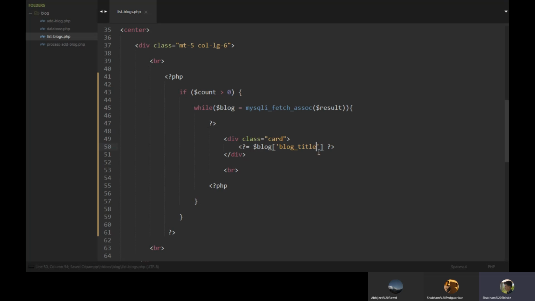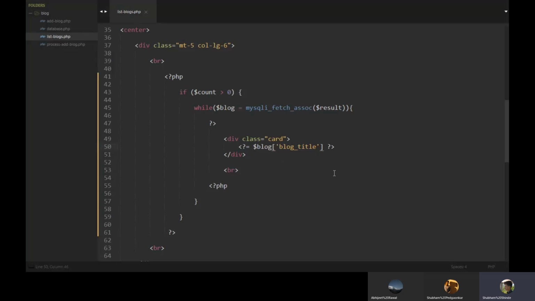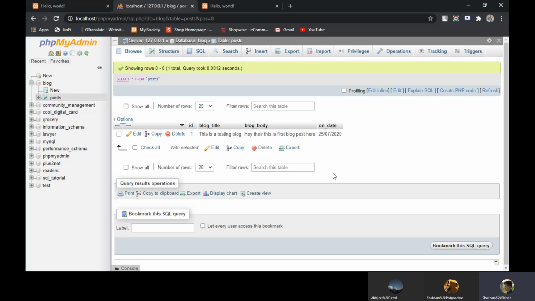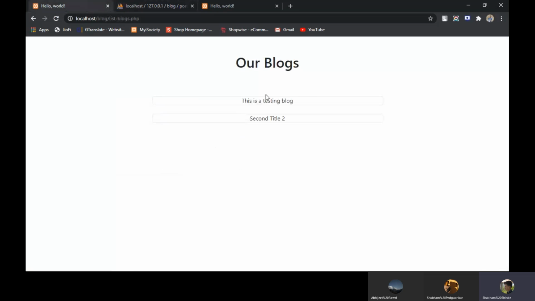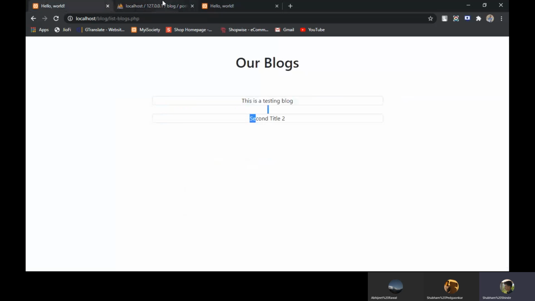This index is basically the column name from the database, stored in block from the result variable. This will give data from this row, this column, block title. Save this, go back and refresh. This is a testing block, which is the title for our first. Refresh this, and the second one is the title from the second record.